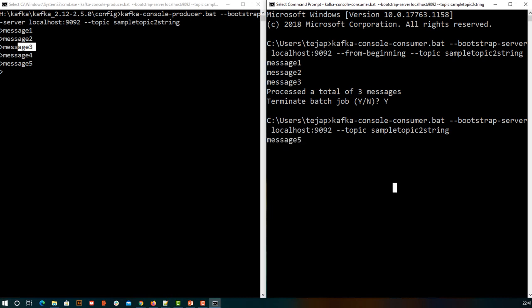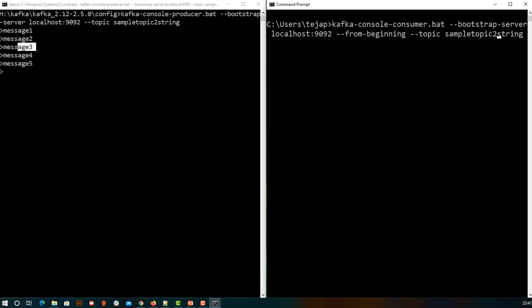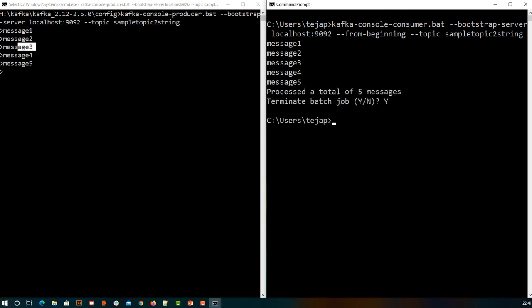Okay, yeah. So just to give you one more demo of this, I am going to create one more consumer for which I am going to say from beginning. Now it will consume all the messages again on the queue, messages 1, 2, 3, 4, 5. So when I stop and start the same consumer again in production, or when I am using a global Kafka, it will start based on the last commit.